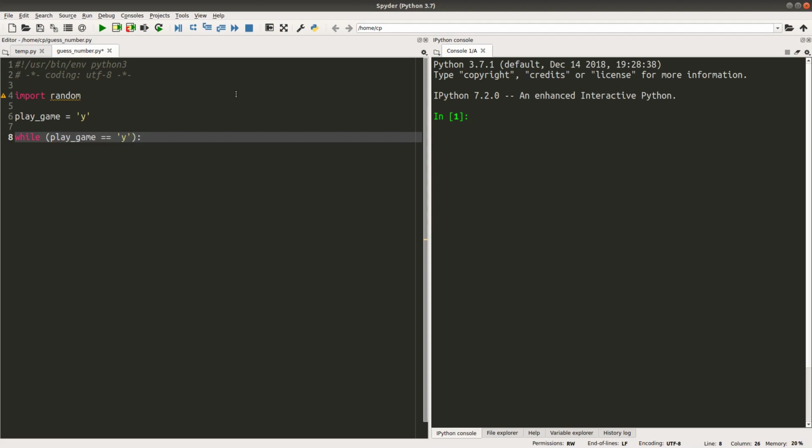If the play game variable is still equal to y, the computer will loop over again to continue the guessing game.